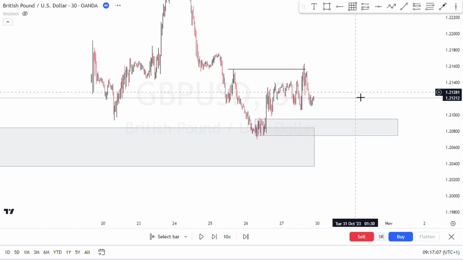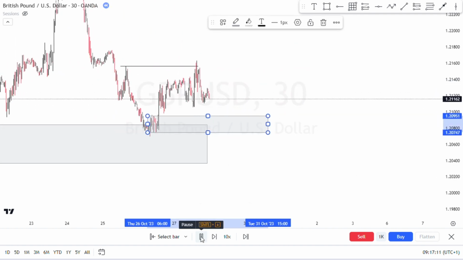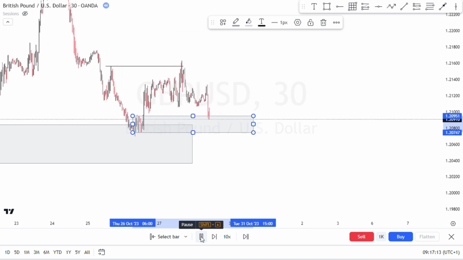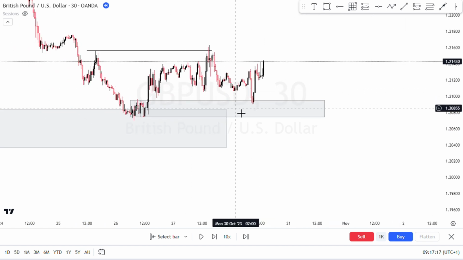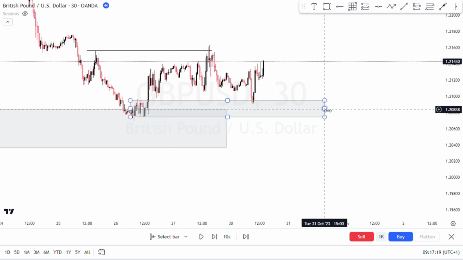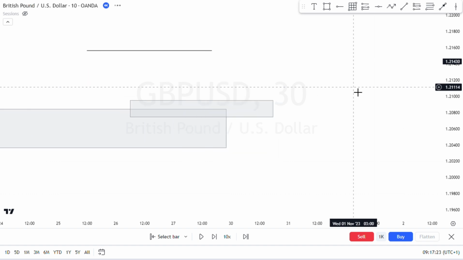Let's just wait for price to tap into it, and then from there we check 30 minutes, maybe we see another break of structure or not. So right now you can see that price tapped into this particular order block. Can you see? So order block. Let's go down to like 10 minutes probably, to see if maybe you can see another strong order block